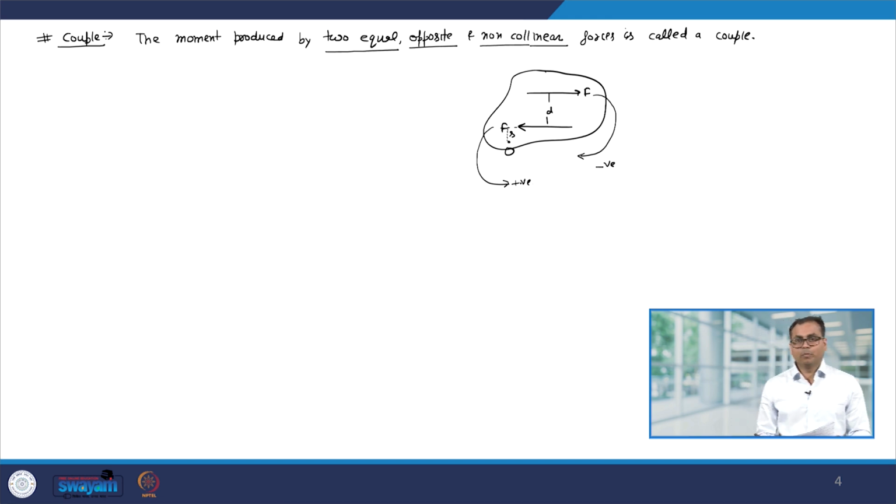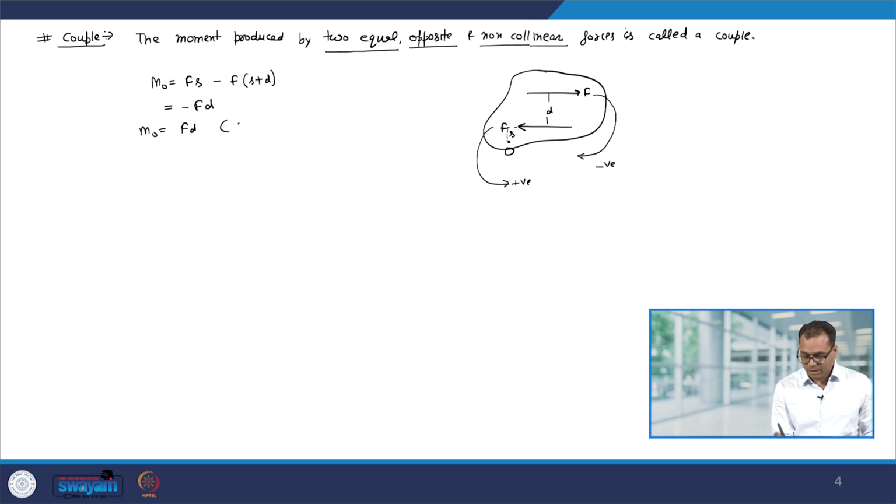Let us calculate the moment of these two forces about O. So, the moment of these forces about O will be the first force multiplied by the distance, this is positive, minus the second force and the perpendicular distance from O, which will be S plus d. So, this is the moment about O and you can see that it comes out to be minus F times d. Okay. Or we can write that the moment about O is just F d